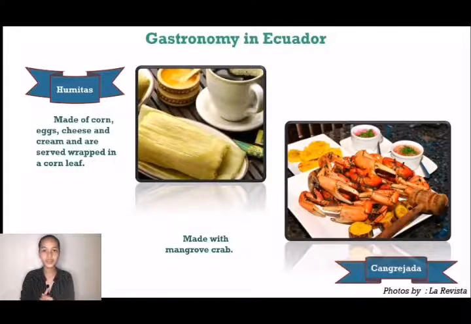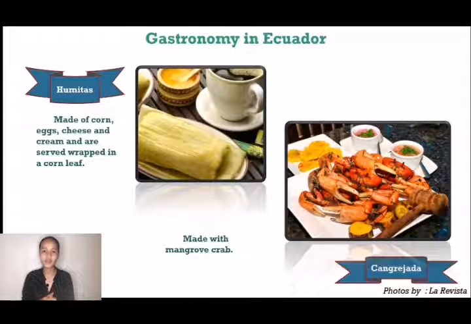However, humitas have been around since pre-Hispanic times and are slightly different than tamales you may be used to. Humitas are made of corn, eggs, cheese, and cream, and are served wrapped in a corn leaf. Humitas are usually eaten in the morning as breakfast with a glass of fresh fruit juice and a cup of haba coffee.